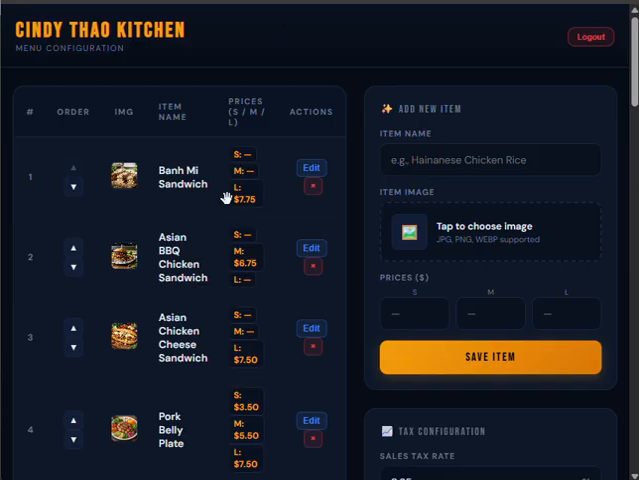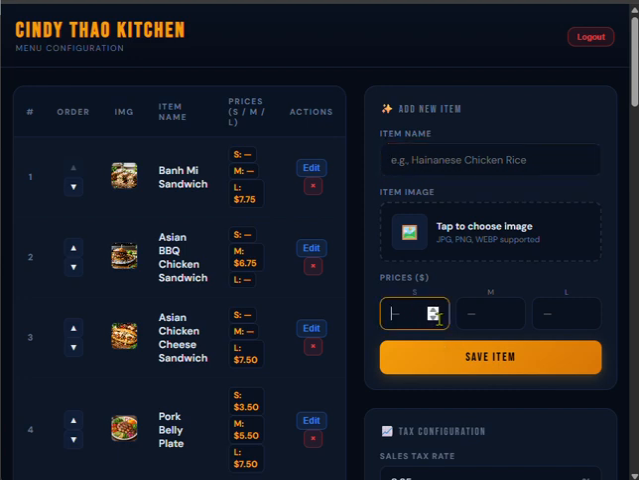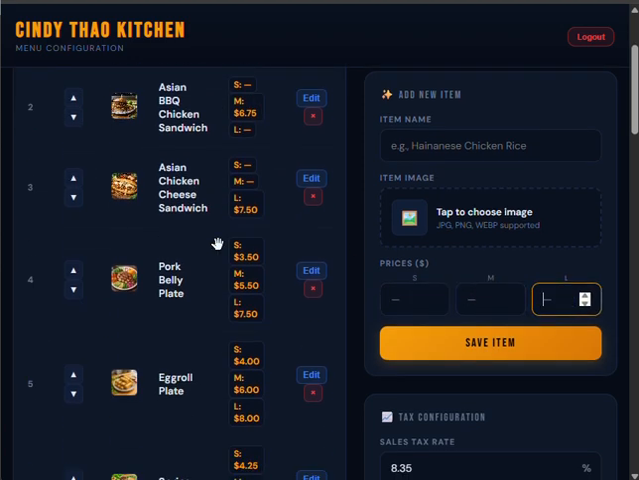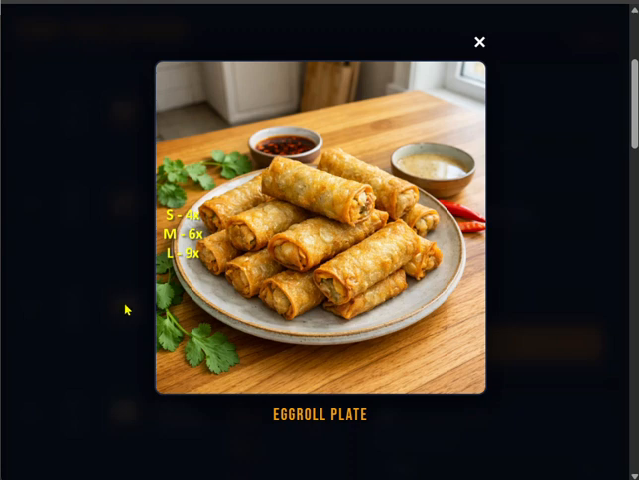So let's go back here. Okay, so that's how you would edit the prices, names. If you want to add a brand new item, you click here, you type in a name, you can choose an image from your computer, and then you would set the prices here. Okay, so how much would you charge for a small, a medium, a large? Now I'm gonna go down here a little bit, and I'm gonna click on this egg roll image here. Okay, so in the application,